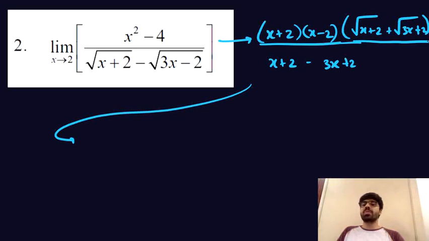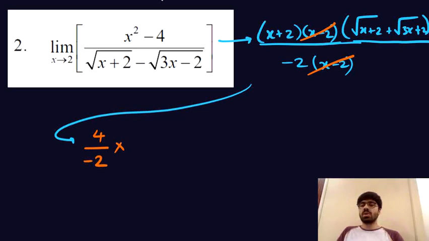If I open up the bracket, it would be x plus 2 minus 3x, and minus of minus 2 makes it plus 2. 2 plus 2 makes it 4 here, so plus 4. X minus 3x is minus 2x. Pull out a minus 2 common, so that will give you minus 2 and x minus 2. You can cancel off x minus 2 in the numerator and denominator, and x was tending to 2, right? So you can just substitute x as 2. So you will have 2 plus 2, which is 4 in the numerator, upon minus 2 into, substitute x as 2 here. So that will give you 2 plus 2, that is root 4, which is equal to 2, plus 3 into 2 will be 6, 6 plus 2 will be 8, and